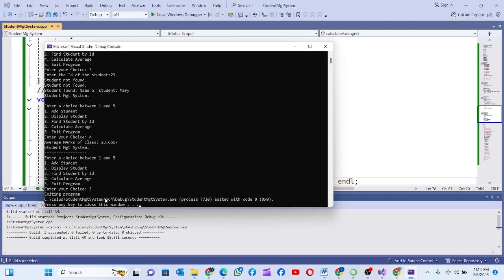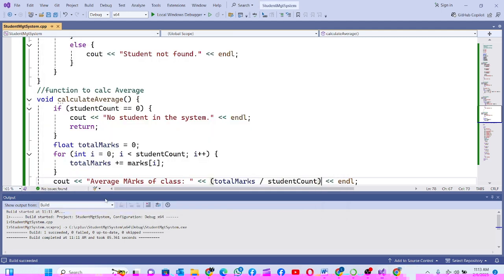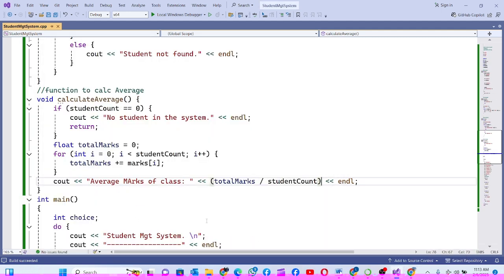So that is it, and we are done. So it's a lengthy program. I think I'm going to drop the source code